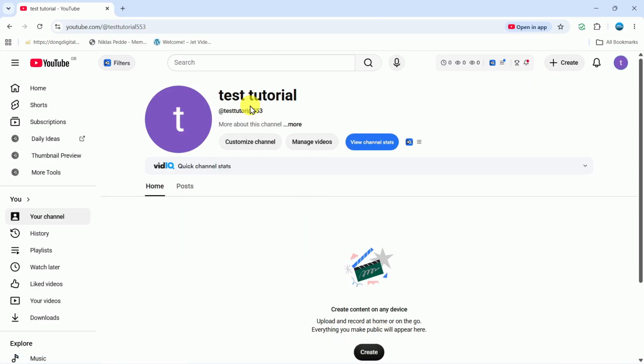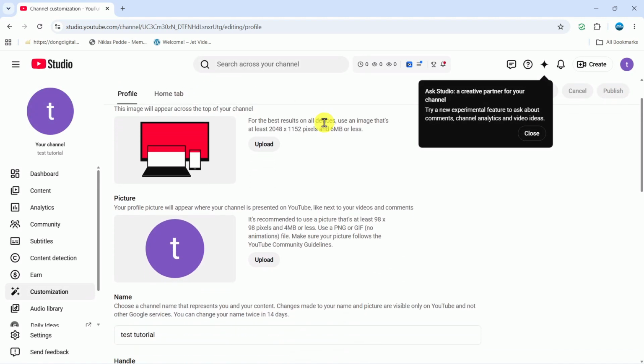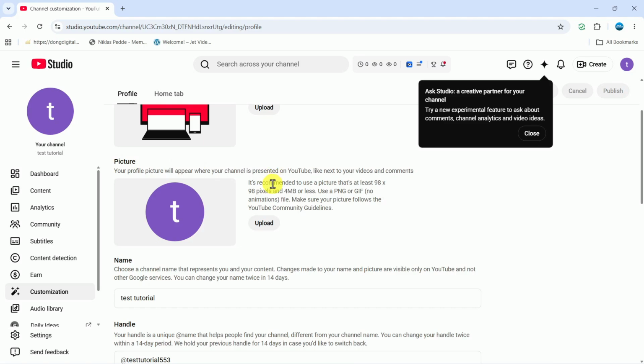And once you're on the screen here, if you hover over your current profile picture, you're going to see an icon come up. So this kind of camera looking icon. Give that a click and it's going to take you to your channel customization page. Now from here, all you need to do is simply scroll down to the picture section and click onto the